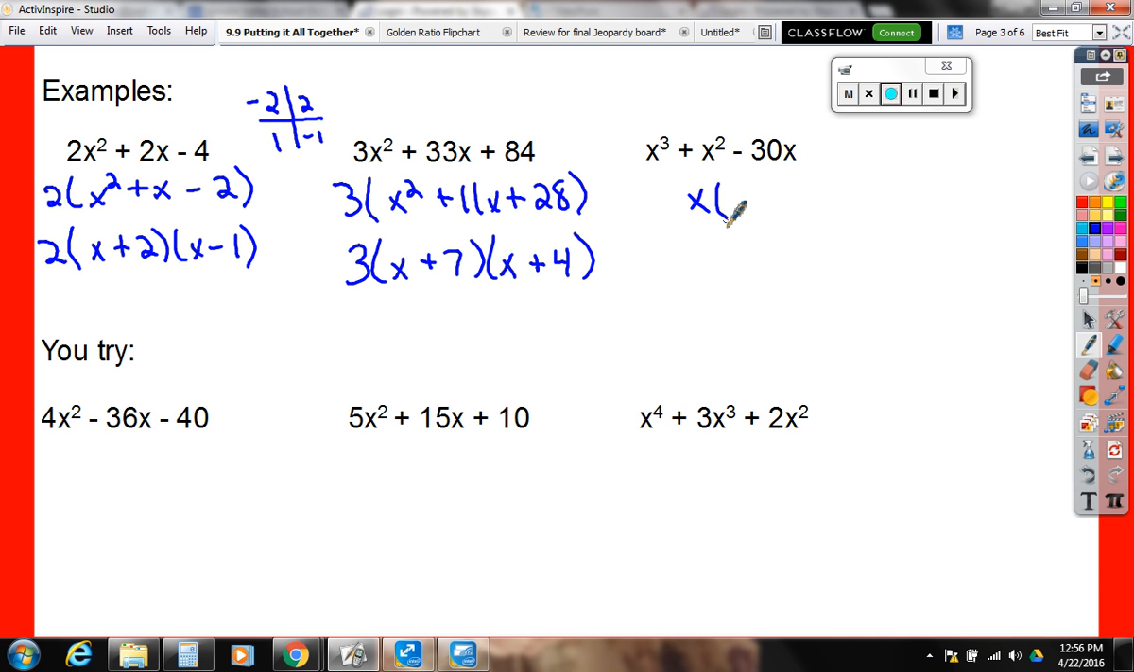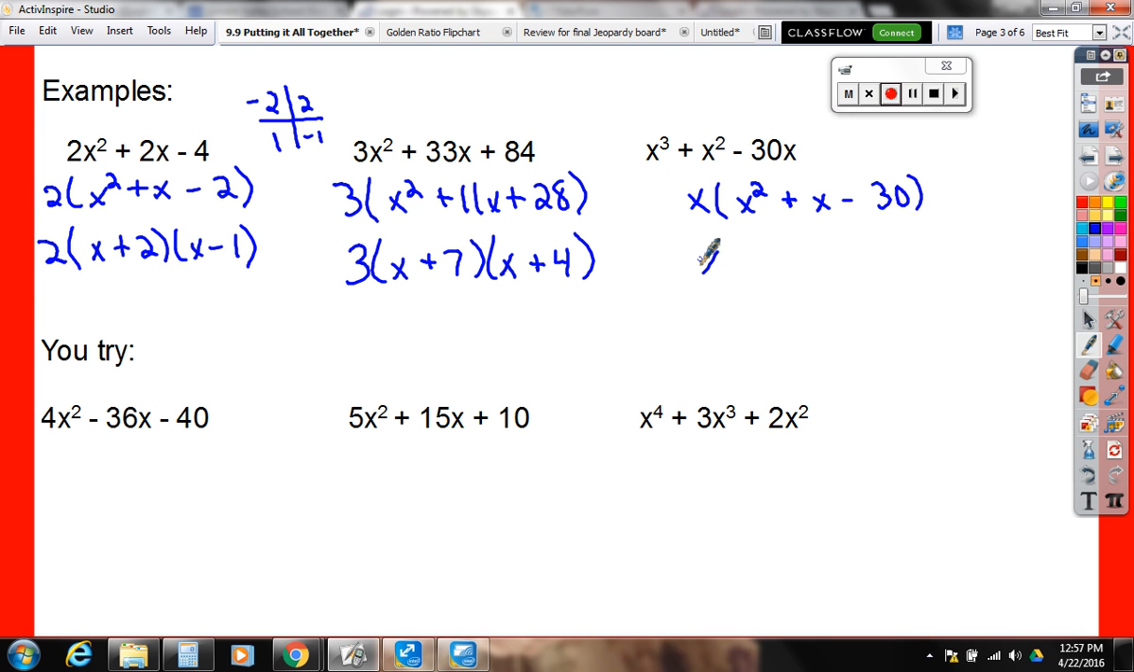X to the second. And x in the second. At just x. And minus 30. Minus 30. Good. Now, when we go to the next step, make sure you keep bringing down this x because